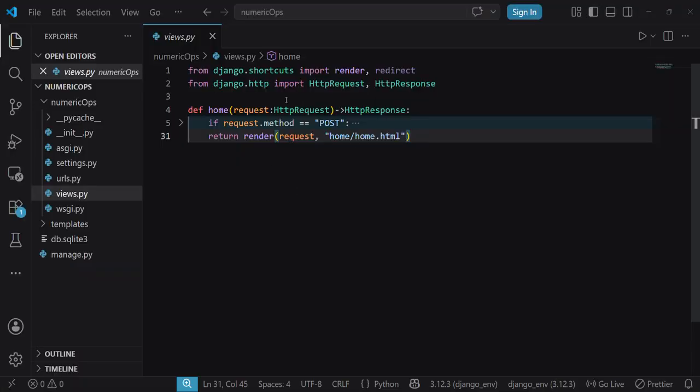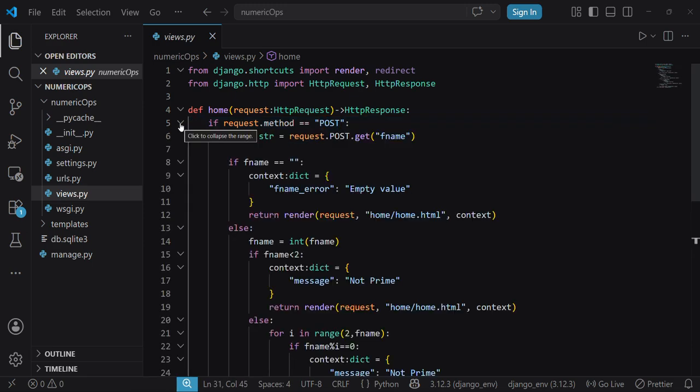Okay, so that means this if block will not run. This if block will only execute if the request comes in the form of POST, but it is coming by default in the form of GET. Okay, so if I expand it, you will see here